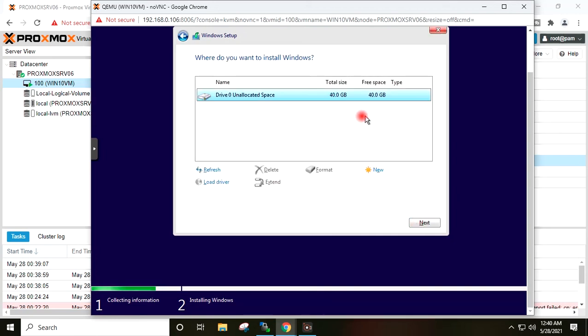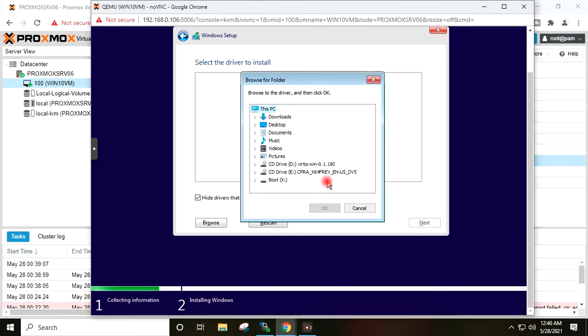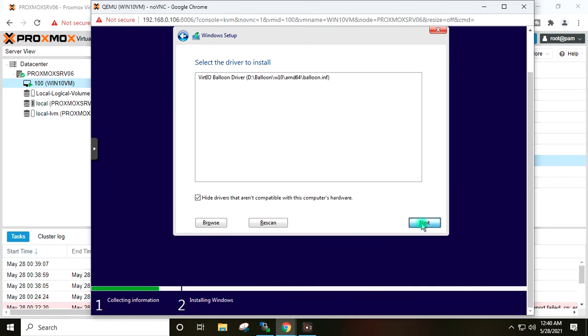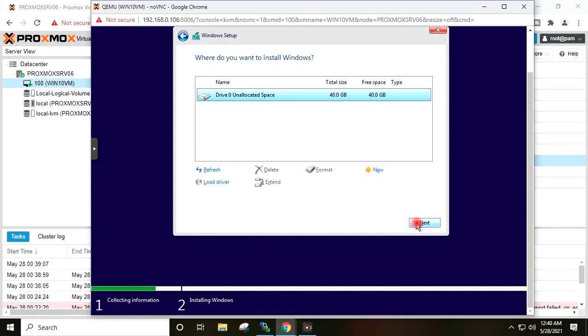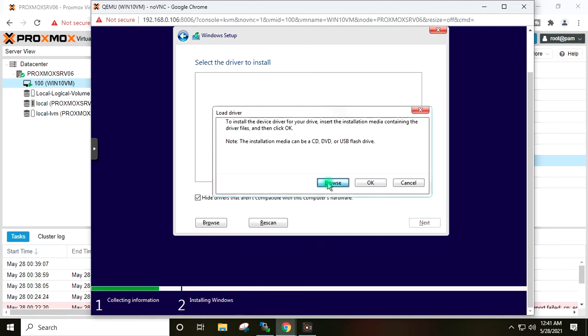You can see here hard disk is visible now. I will again go to load driver, browse. I will expand the VirtIO ISO. I will go to balloon, Win 10 AMD64. OK. Next, it will install the memory ballooning driver. I will again go to load driver, browse.